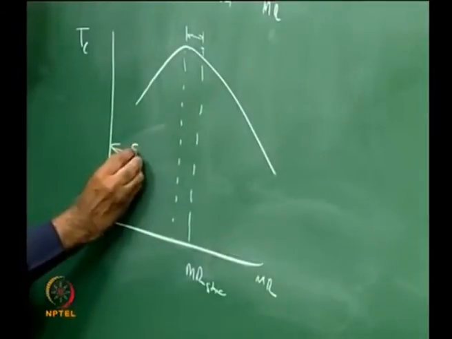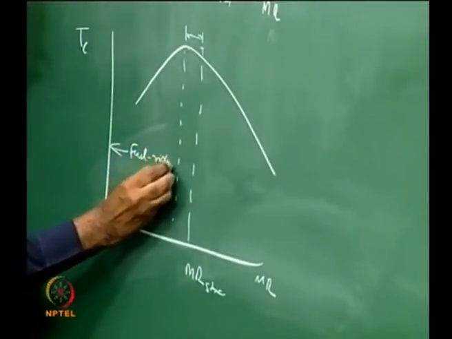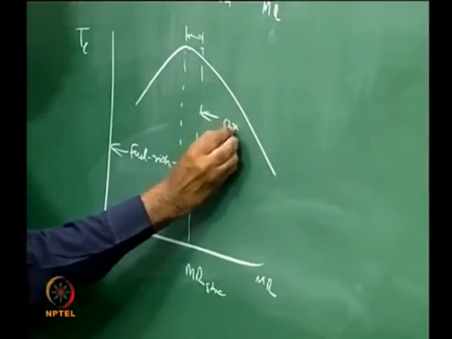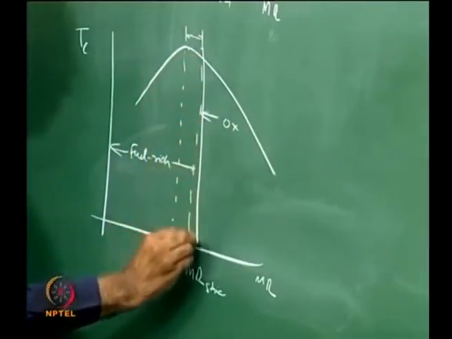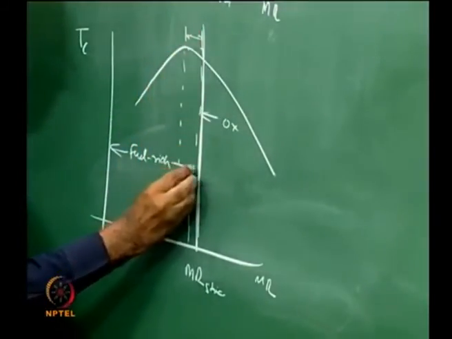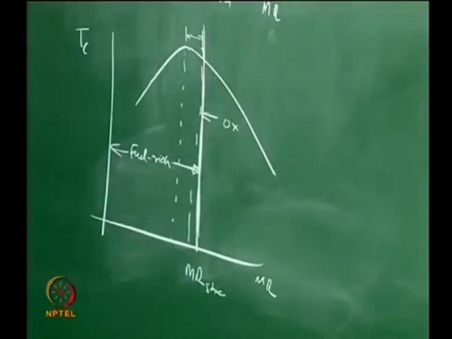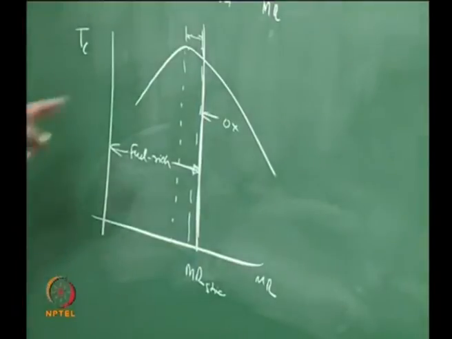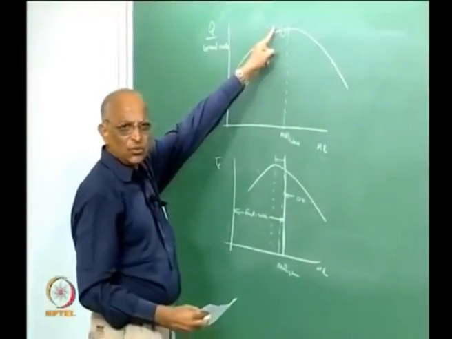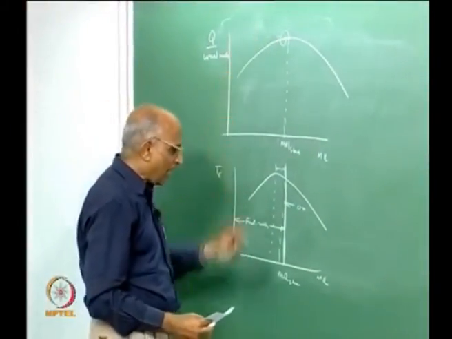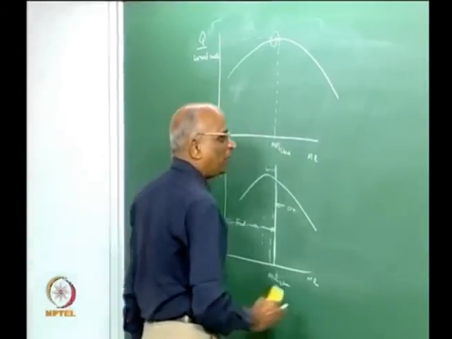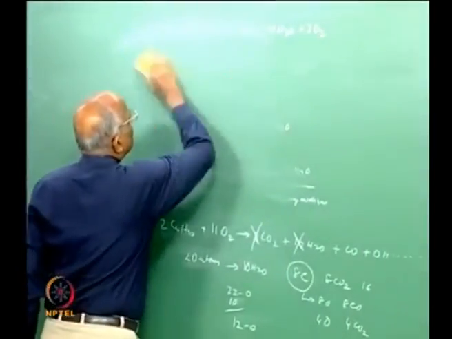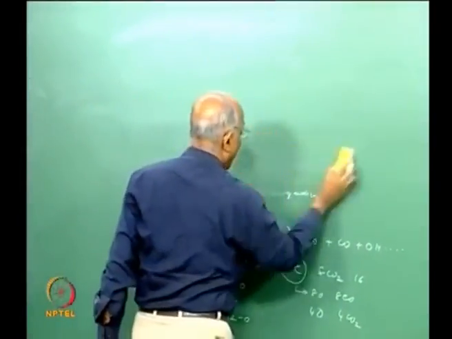This is your fuel rich side, and this was your oxidizer rich side, right? Is it all right? I think let us remember this. Slightly to the left, that means peak temperature occurs over here. Let us put the last point across. What is going to happen to the molecular mass of the reactants? Or molecular mass of the products?